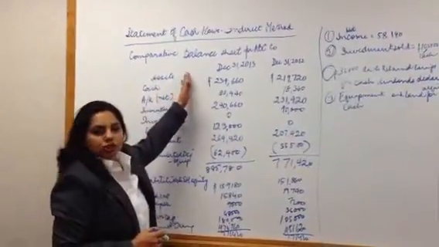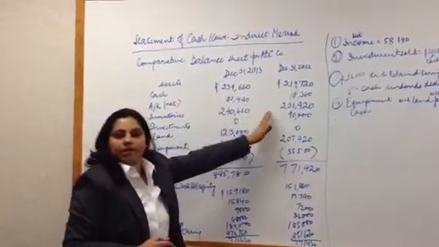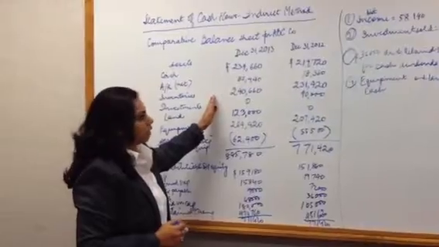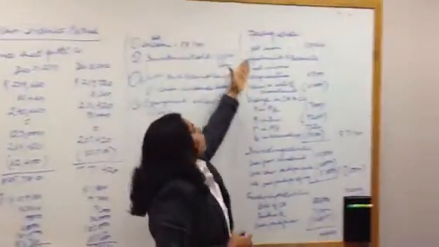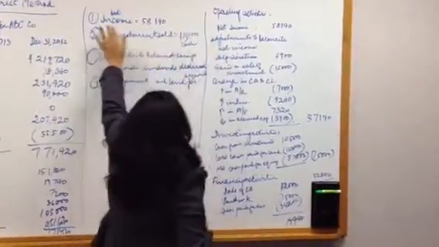This example shows the balance sheet for a company ABC and gives the data for December 31st, 2012 and December 31st, 2013. We start by taking the operating activities. Operating activities begin with taking net income. The net income in this case is